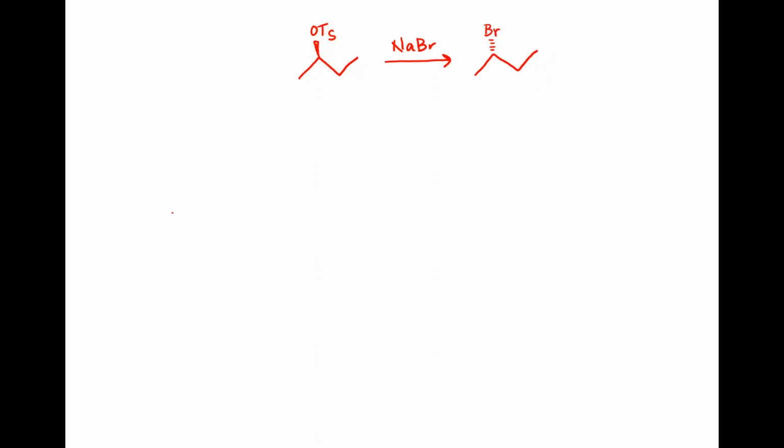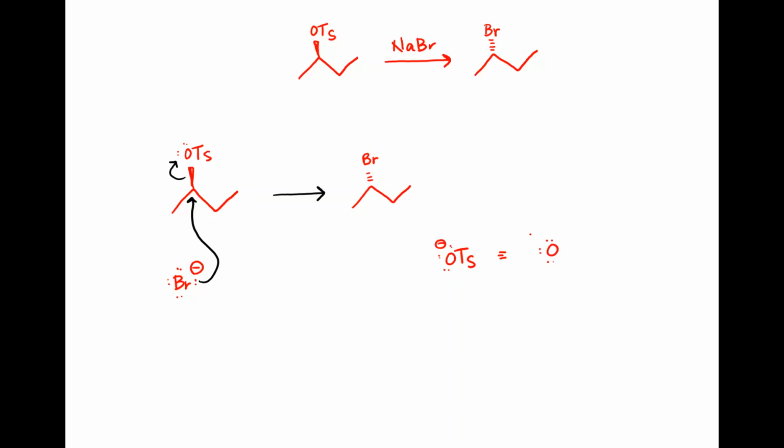So this mechanism is a straightforward SN2 reaction, where bromide does backside attack and loss of the tosylate group produces the product, which is our alkyl halide, and then the byproduct is OTs minus, and then drawn out, that would look like this. And again, this is a good leaving group because the oxygen with the negative charge is highly resonance stabilized and